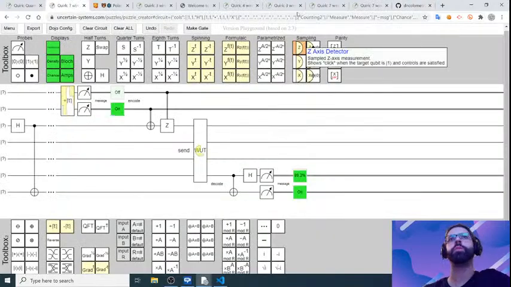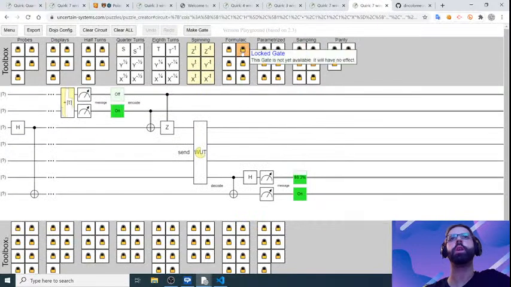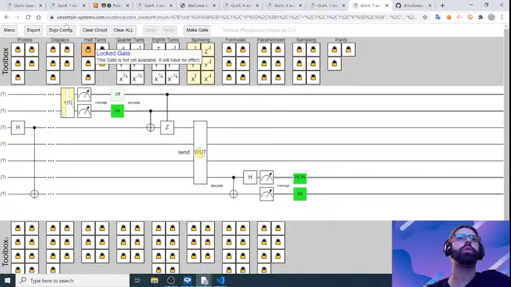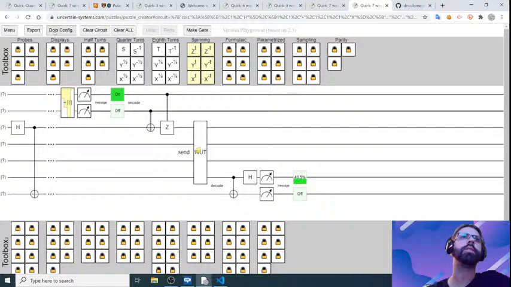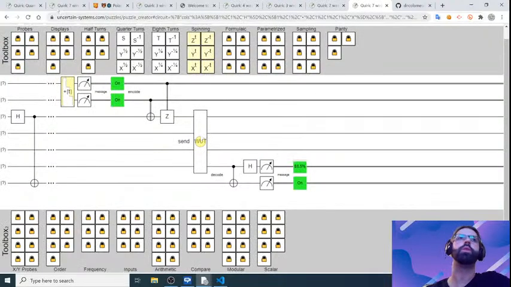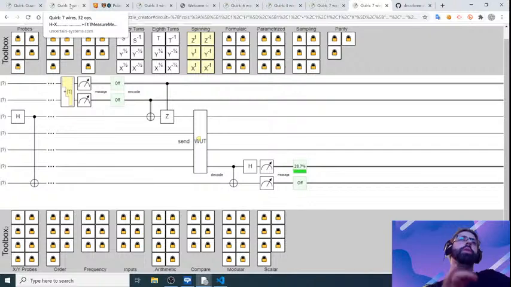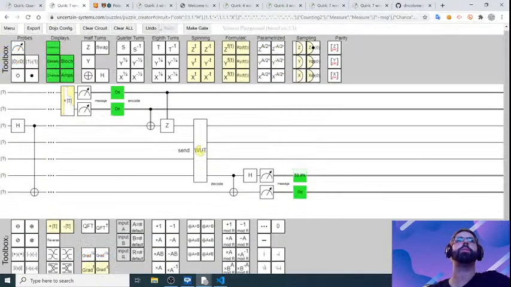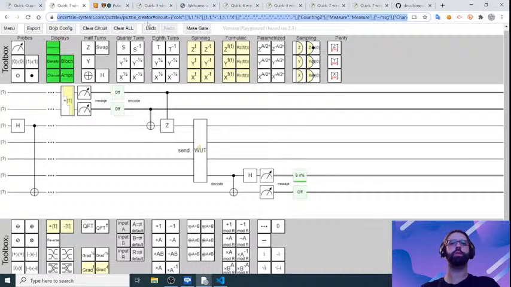I'm just showing you this because if you'd like to change the locker icon, that's something that's at the code level, so you can't configure this right now. Also, there are a bunch of things I'm not super happy with. Once you're in this mode, I still leave the Dojo Config button showing, which has a weird effect: if you want to create a puzzle, you're not going to be able to, because the gate set that you get has the lockers in it. That's not what you want. So for now, if you want to create your own puzzles, always start from scratch with a clean slate. Just go to Insert Systems